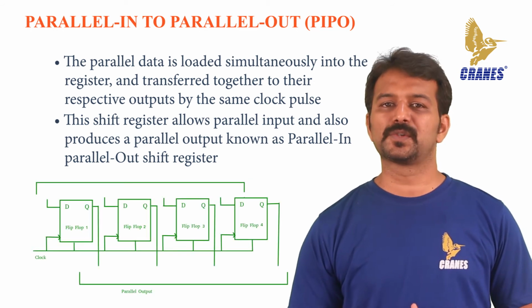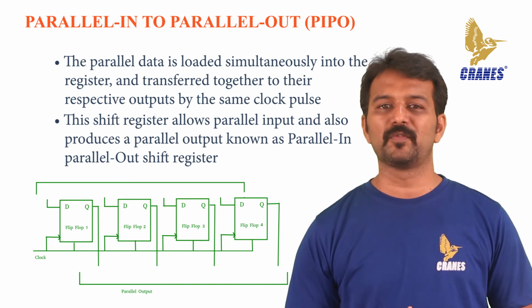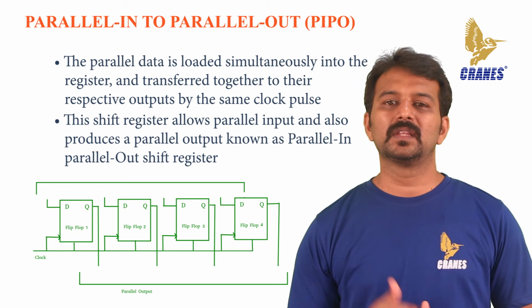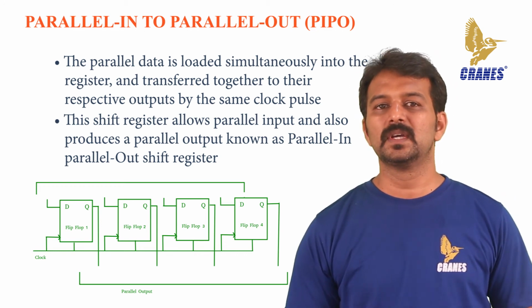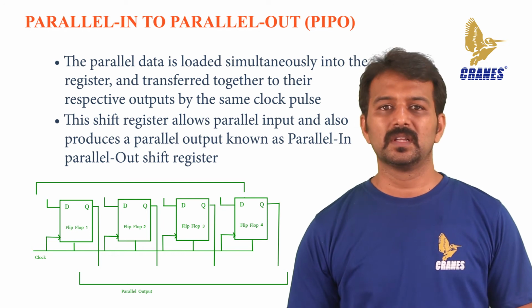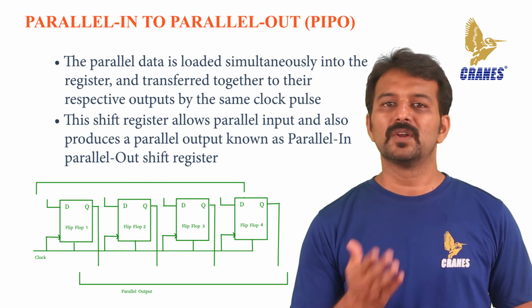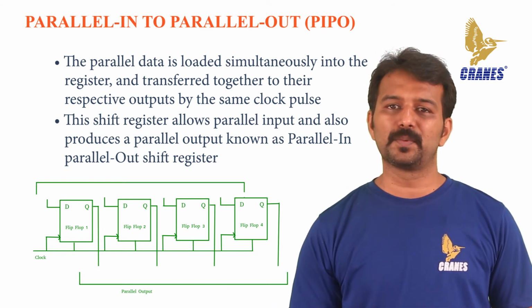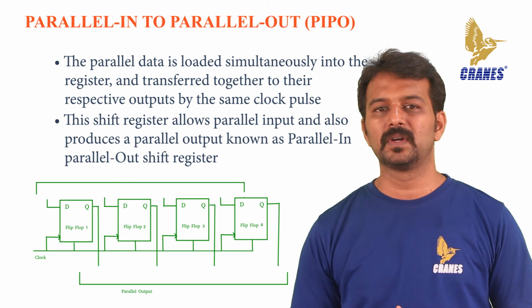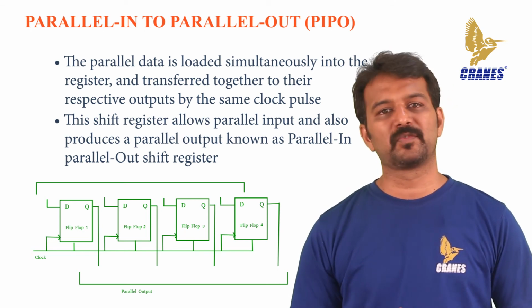The logic circuit shows a parallel in, parallel out shift register. The circuit consists of 4 D flip-flops which are connected. The clear signal and the clock signals are connected to all the 4 flip-flops. In this type of register, there are no interconnections between the individual flip-flops, since no serial shifting of the data is required. Data is given as input separately for each of the flip-flops, and in the same way, output is also collected individually from each of the flip-flops.